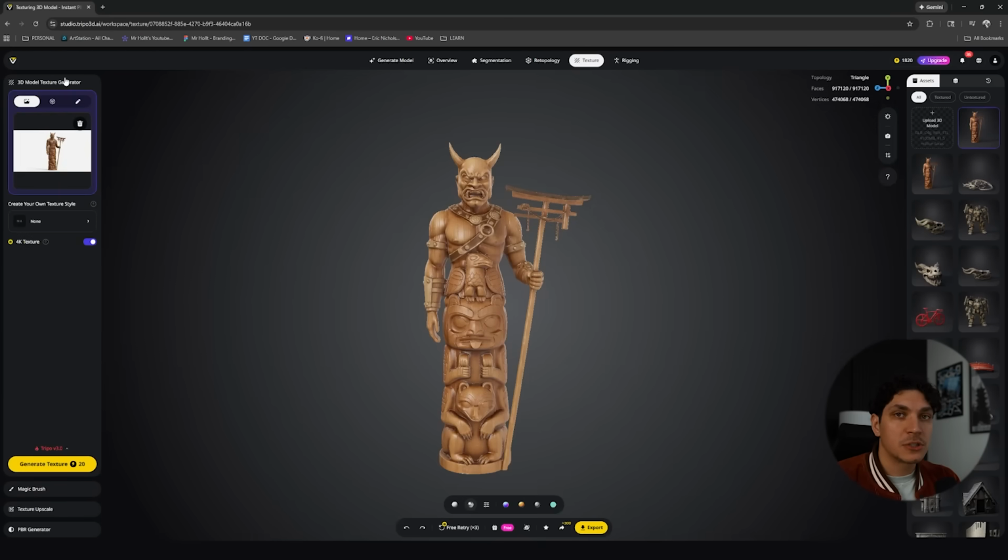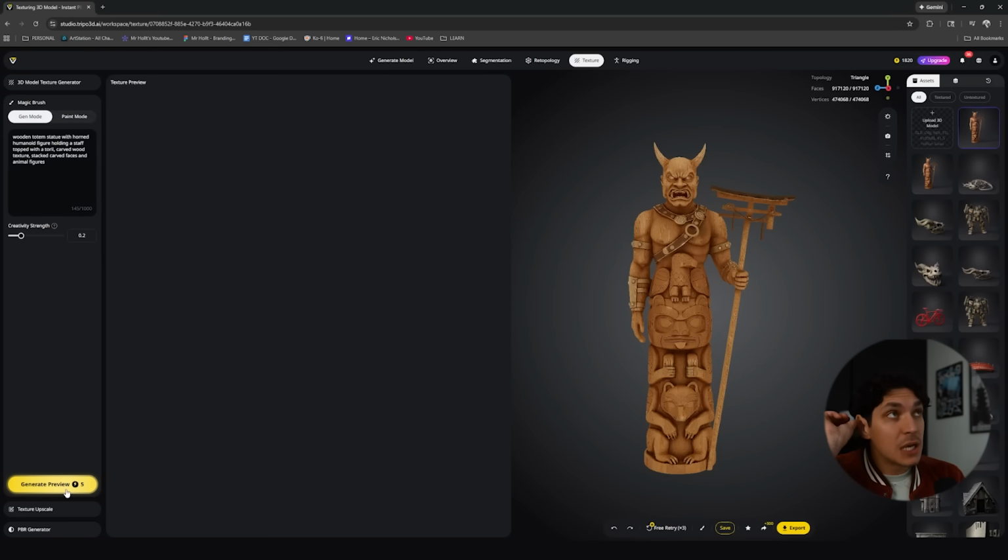For the 3D model texture generator, if you say in Gemini or whatever AI image generator you used, created different images, so for example, like a red totem, you could upload that here and it would change the overall texture based off of that new image. And then right here for the magic brush, this is kind of interesting because it lets you adjust different things based on generating a new image